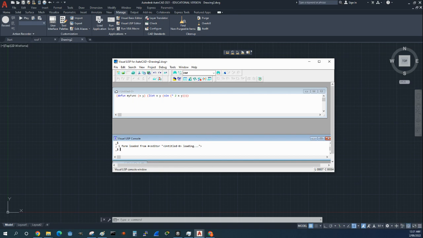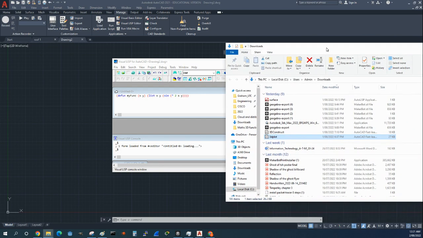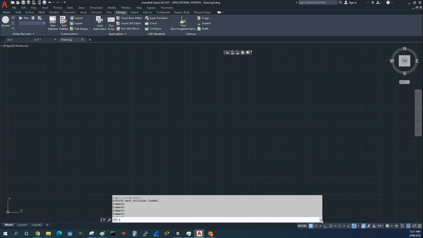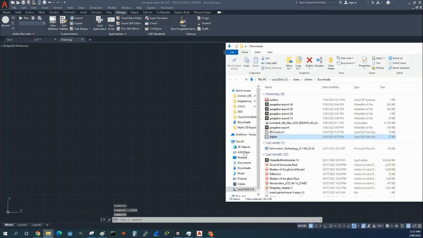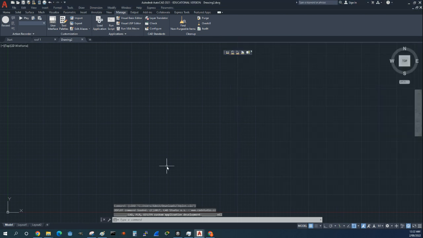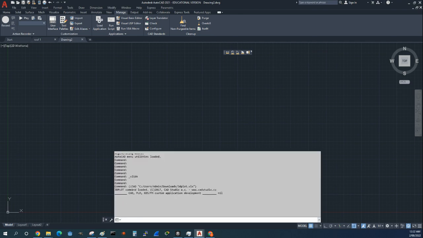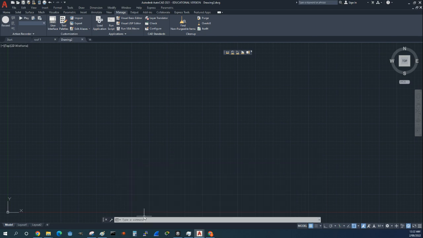We then want to add in .3D plot, and we can just drag it into our workspace. And you double check it to make sure that it's there. And you can see that it's been loaded through the command line. When that's been loaded, we want to enact the Lisp